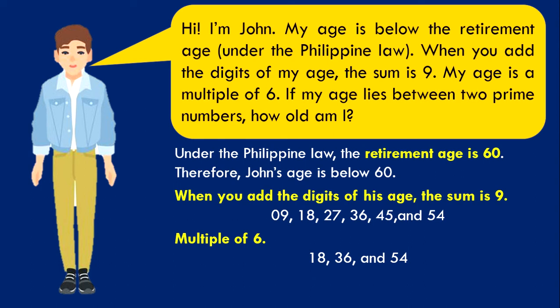Next one. His age lies between the two prime numbers. So we only have 3 possible answers here. But let's check. Okay, so as you can see, let's start with 54. 54 is between 53 and 55. 53 is a prime number, however